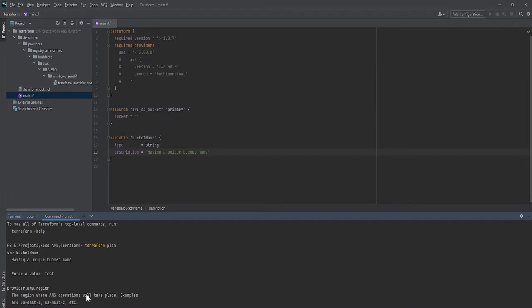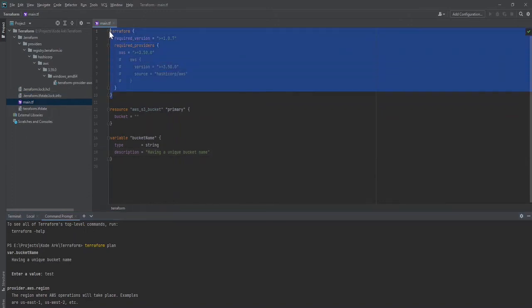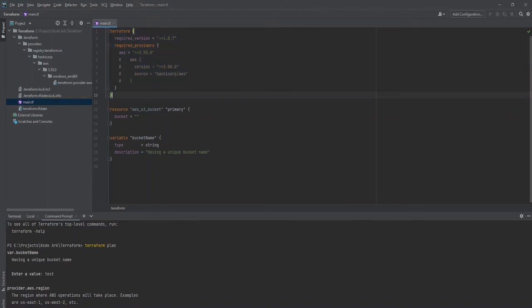Each block has some significance. Now we have seen that the provider block holds plugin-related settings, whereas the Terraform block has all the settings related to Terraform. But most of the services in AWS are region specific.